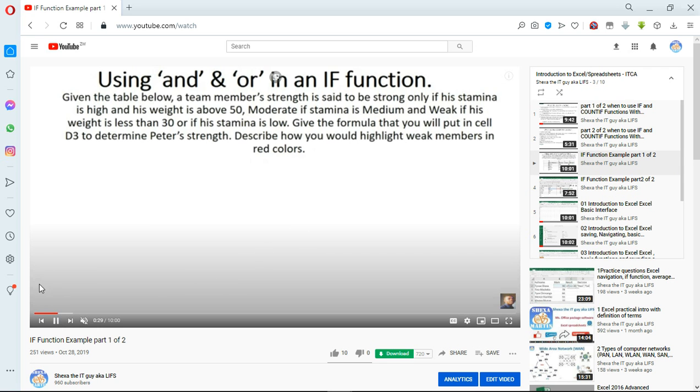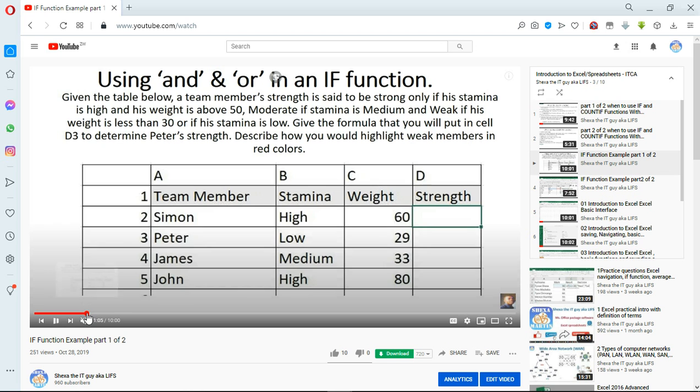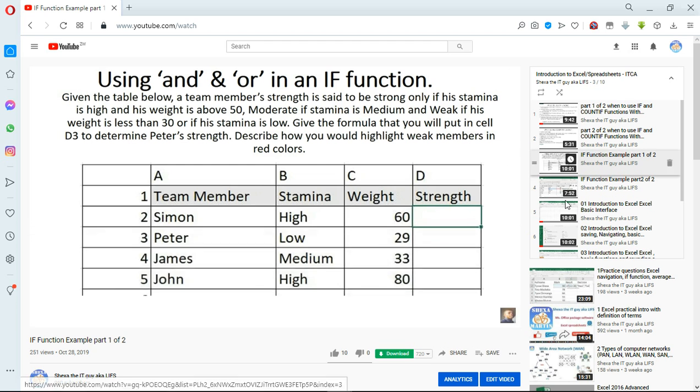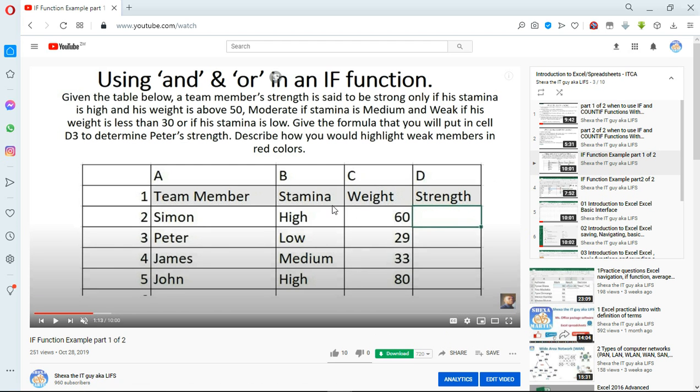If you work with me, you will find that this is very easy. So watch this video so that you may enjoy this complicated example of the if function.